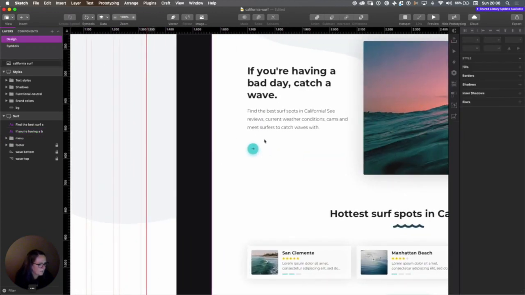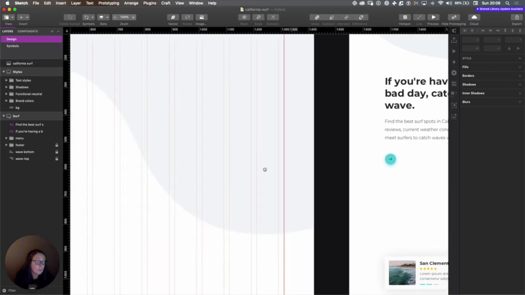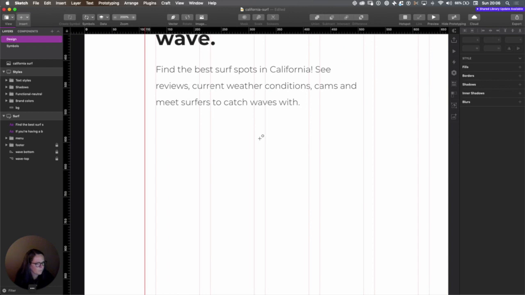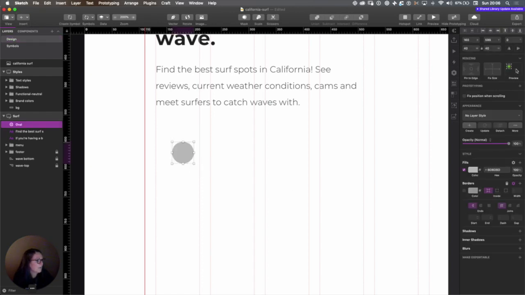Next up is this button. So now we're going to get into symbols. This button is going to be a circle of 40 by 40 pixels. And using the O on your keyboard is going to activate the oval tool, which means I can draw ovals or circles with them. To draw a perfect circle, I just hold the Shift key and I drag my mouse to create a circle. It's going to be 40 by 40 pixels,